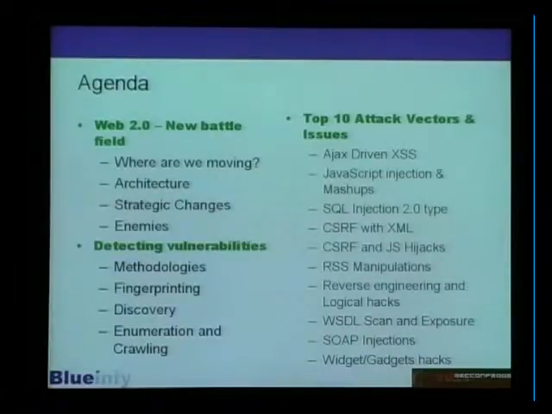Now these are not the top 10 from OWASP or from some other organization. These are the top 10 which we have determined while scanning all the Web 2.0 products and applications which we scanned in the last 1.5 years. On top we have Ajax-driven cross-site scripting, then JavaScript injection with mashup applications, SQL injection of a two-type O type, which we'll